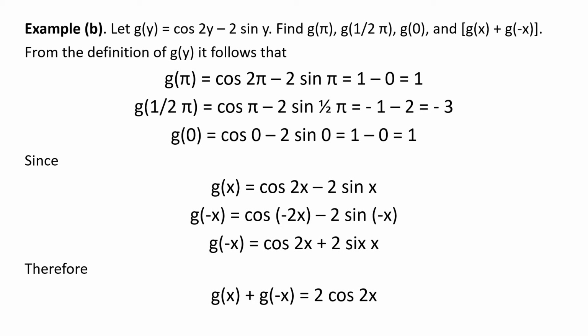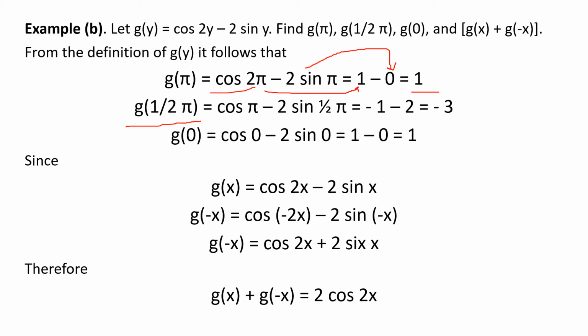So your cosine 2 phi here provides you a value of 1. Then your negative 2 sine phi here is 0. So 1 minus 0 is equal to 1. So your final answer for g of phi is equal to 1. Then next, for g of 1 half phi. So for us to find the value of g of 1 half pi,